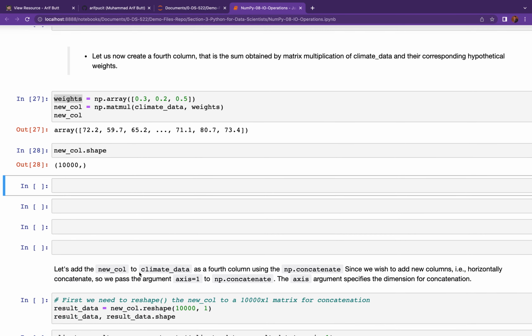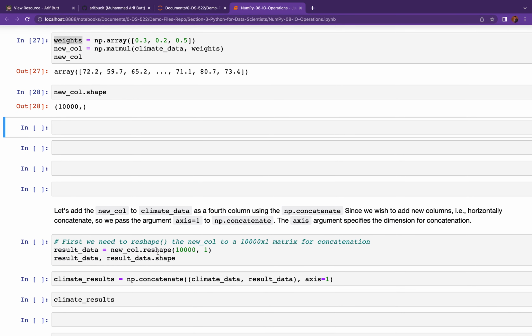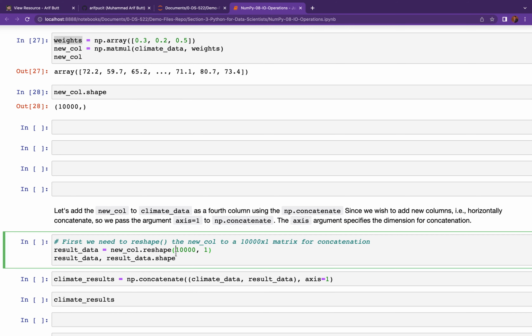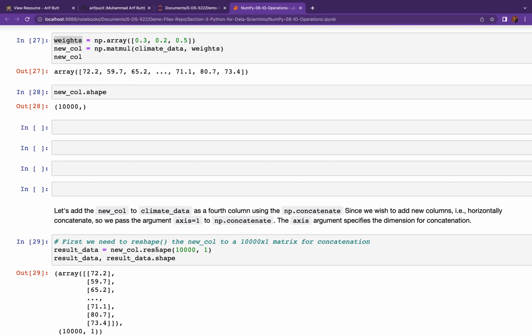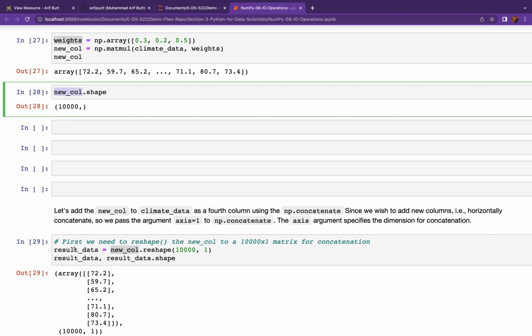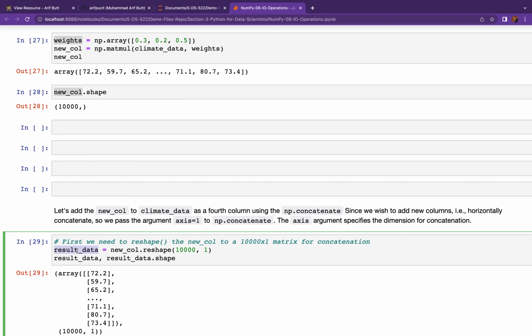Okay, we need to convert it to a matrix having 10,000 rows and one column. So I am using the reshape method on this new column, and we have got a matrix 10,000 by 1,